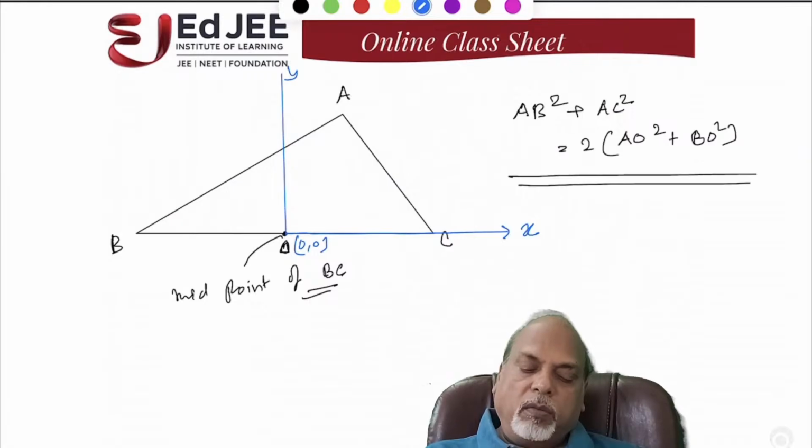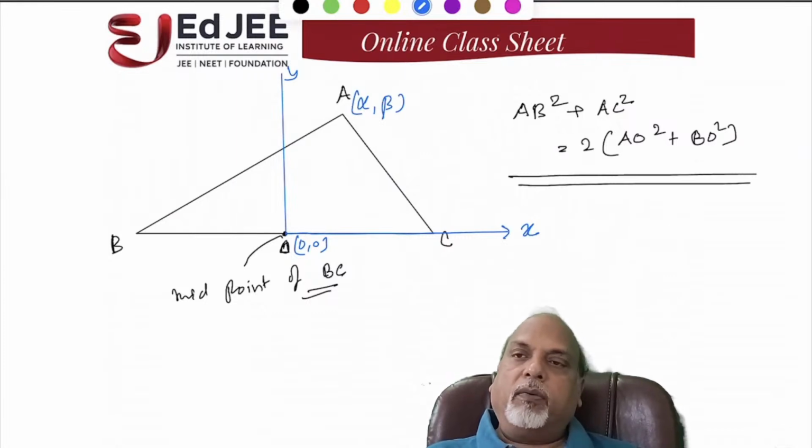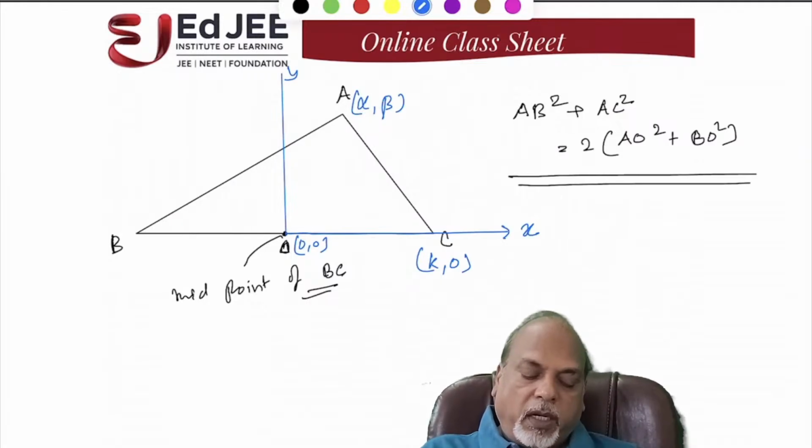We can assume the coordinates of A are alpha, beta. Naturally, it is the midpoint, then suppose this is the coordinate of C, then it has to be minus K,